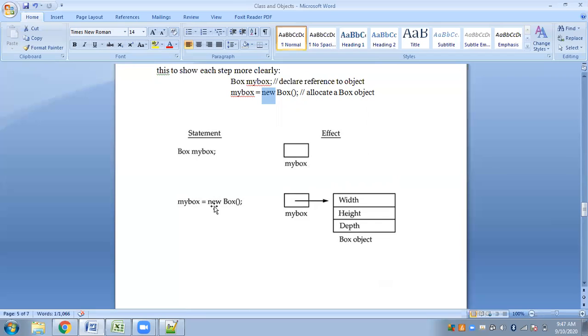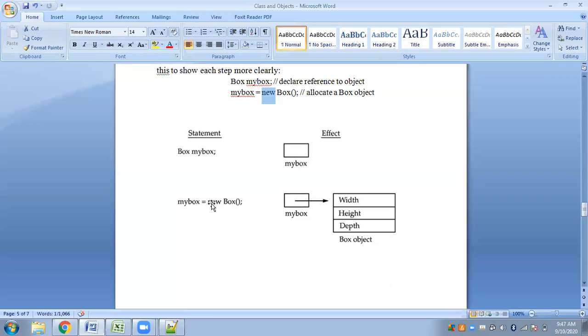The new operator will do the creation. The new operator will create a box object with the help of this constructor. So this is the box object that has been created using the constructor and new operator.